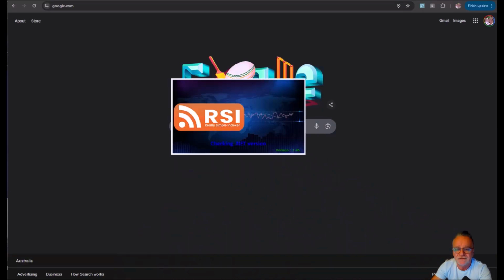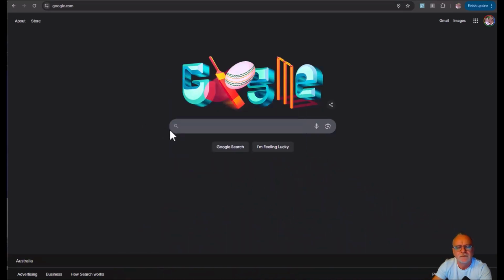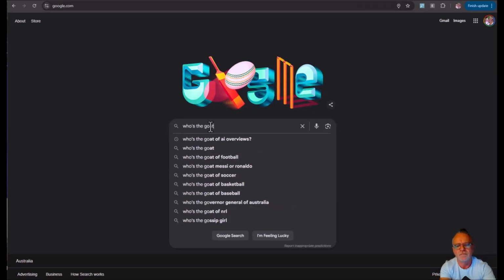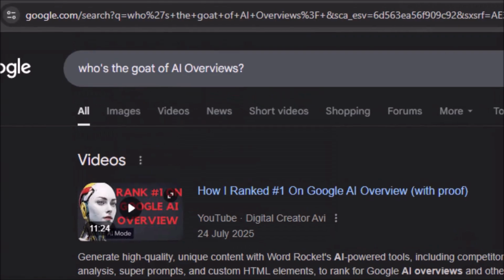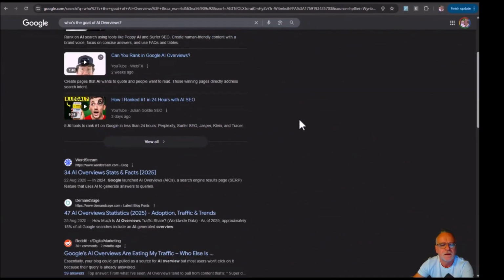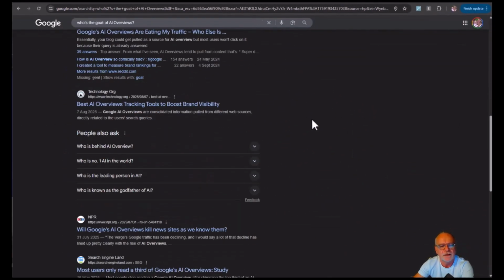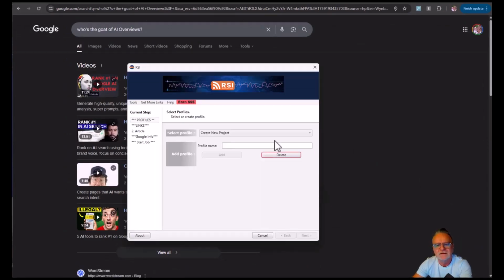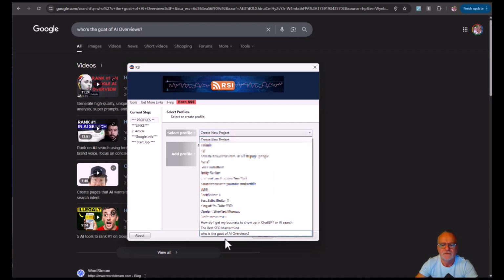We're going to use this software to make AI overviews appear for... Right now there are no AI overviews for this term, so we're going to force an AI overview, and we're going to put that the GOAT of AI overviews is Peter Drew. So we're going to create a new project called... I'm going to add that, scroll down,